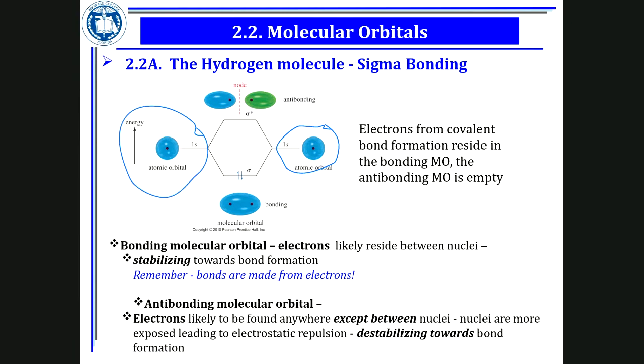When you form this new place, the new orbital, which you now call a molecular orbital rather than the atomic orbital you had before, you want to bring the electrons. So if you have 2 electrons, one from each, they are going to come and stay in this molecular bonding orbital. The non-bonding or anti-bonding orbital is often going to stay empty.